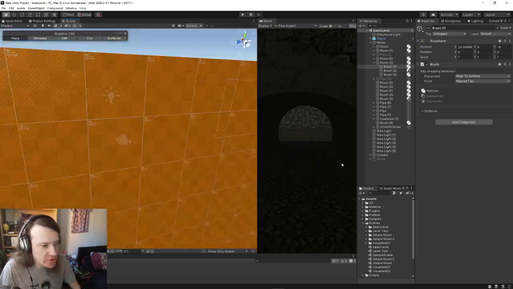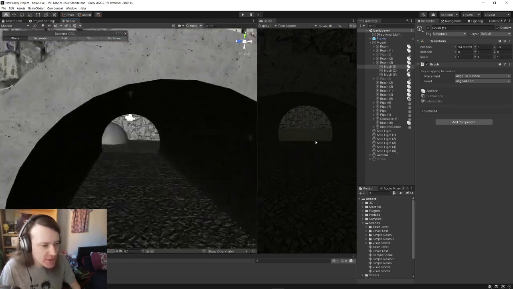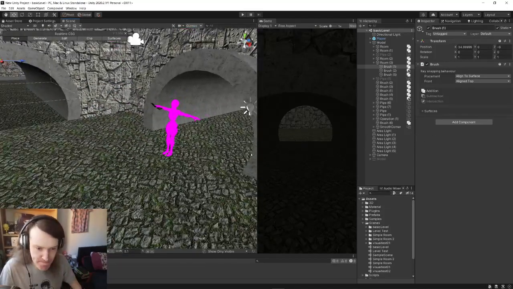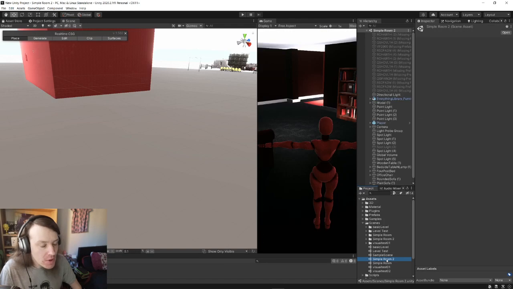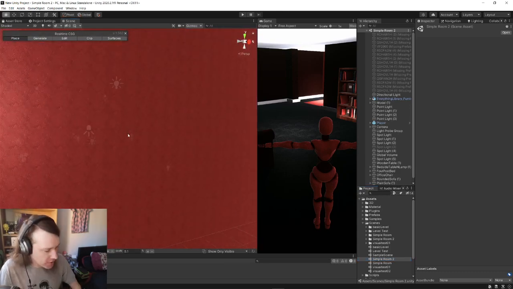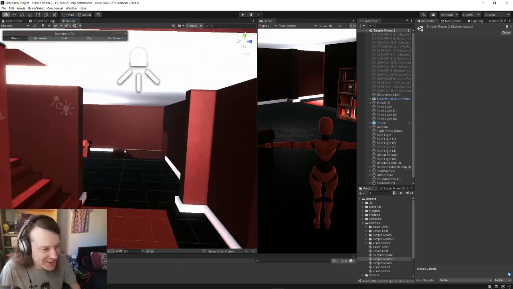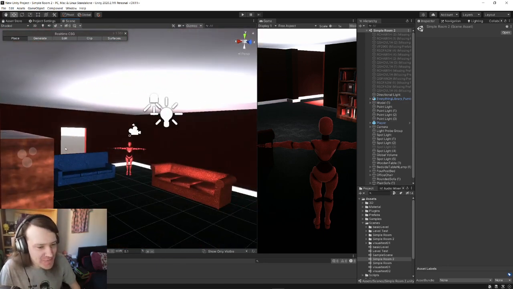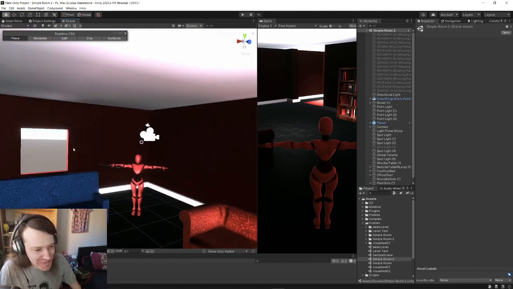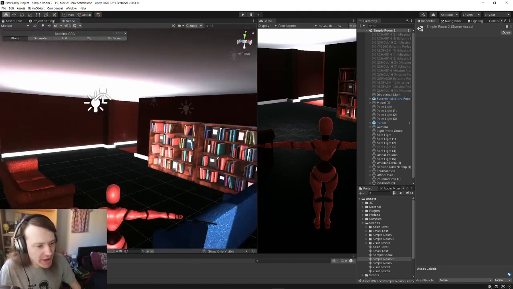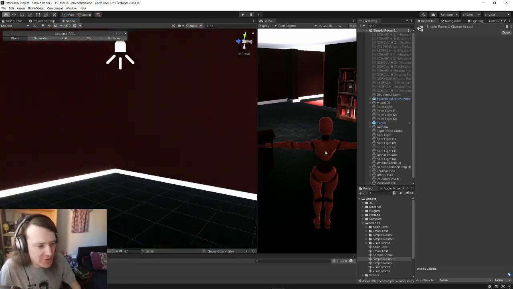To learn this tool, I ended up making this little sewer system, and from there, was it sample room? I ended up making this. Hi, there's a dev in chat. Hi, dev. From there, I made a room, and then that turned into a house,